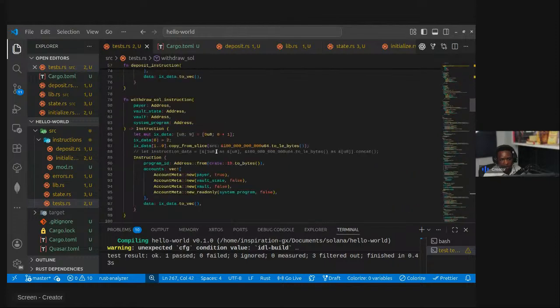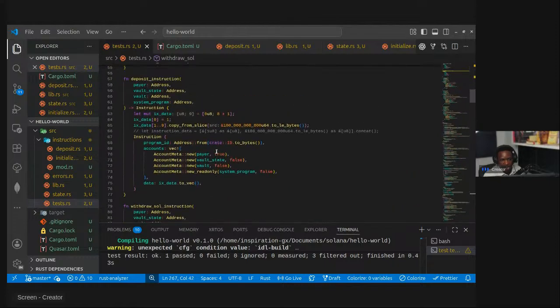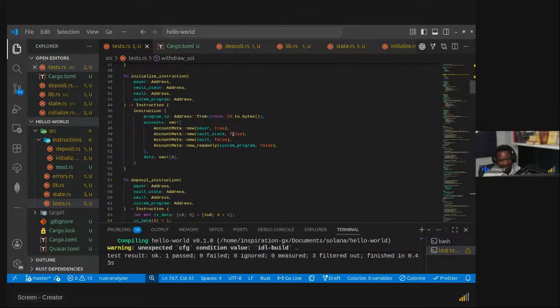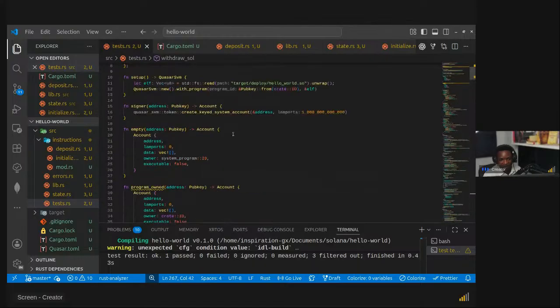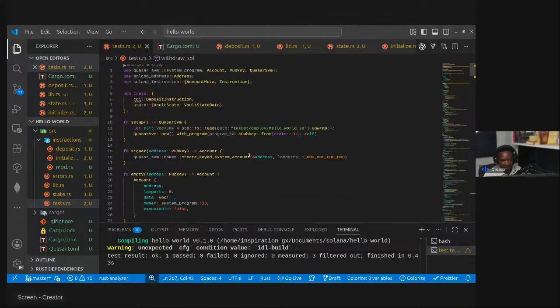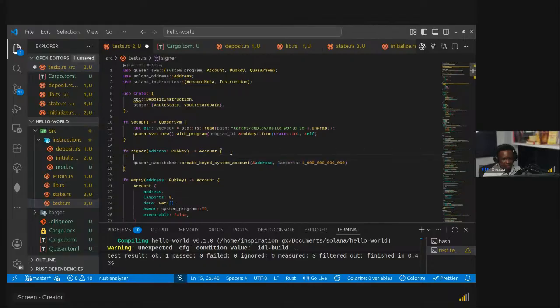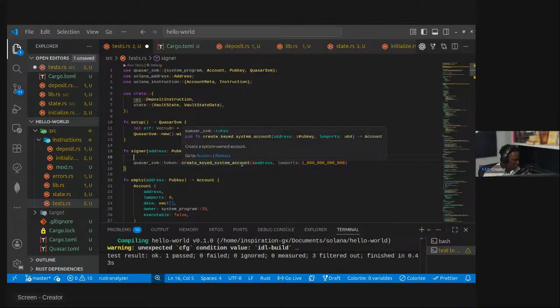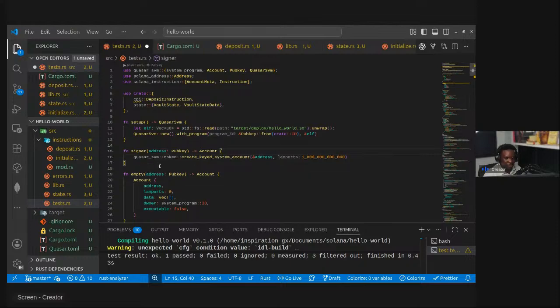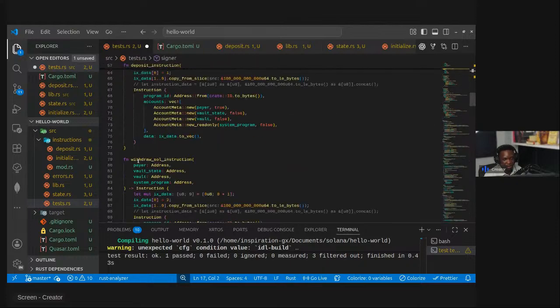So on this signer, it's still the same thing. It's going to do the same thing. I was saying, instead of always dropping this guy, we can just create an account for him. Let's do that. We'll have to fetch the balance. Okay. What we should do though is